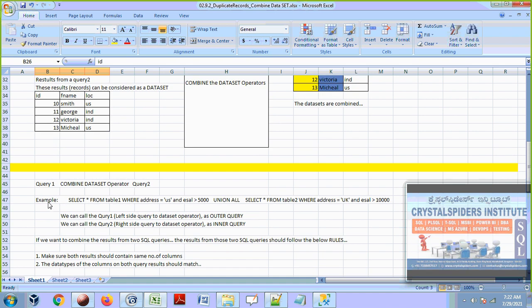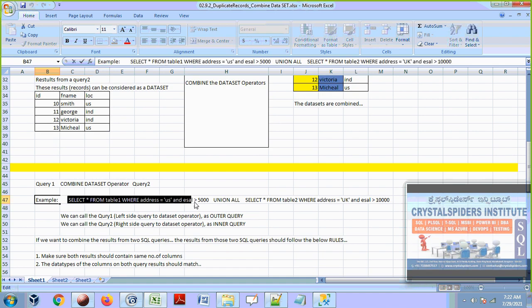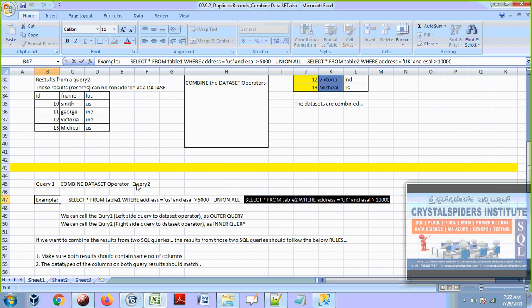Here we can call the first query the outer query and the other query the inner query: the left side query is the outer query, and the right side query is the inner query. Guys, I always prefer to use these names, outer query and inner query.